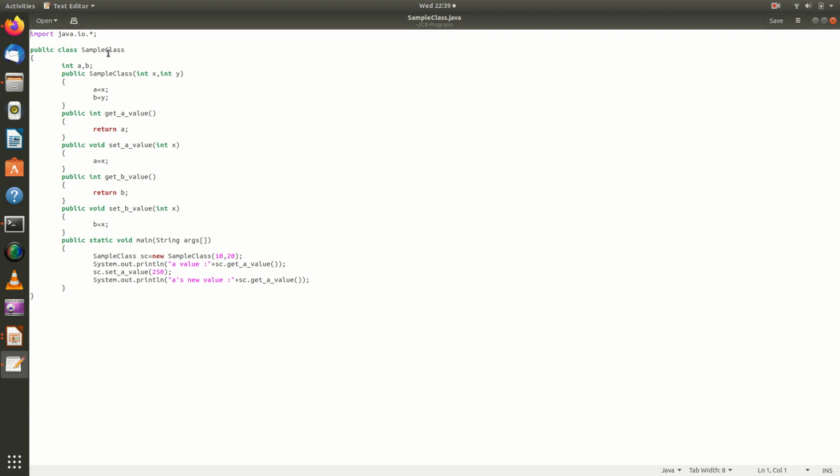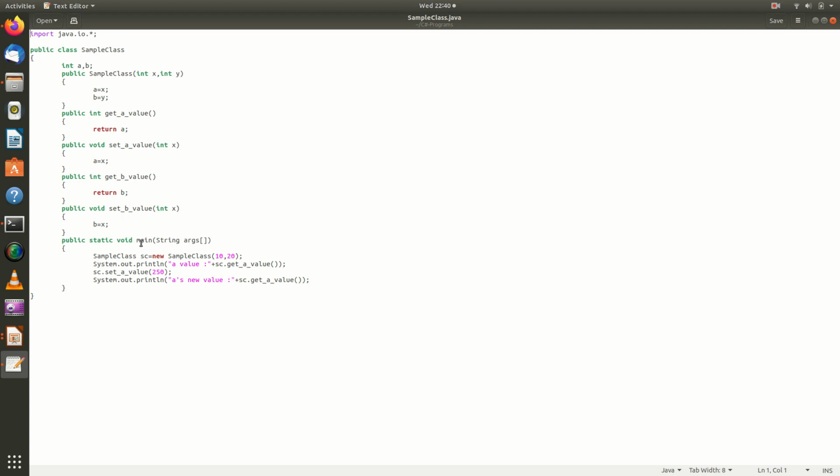Then you have a class declared. You have two data members. You have a constructor. You will have a get method, something like this. If you want to get the value of A, you will have a get method like this. If you want to set a new value for A, you will be having a set method, and for B again you will have a get method and set method.